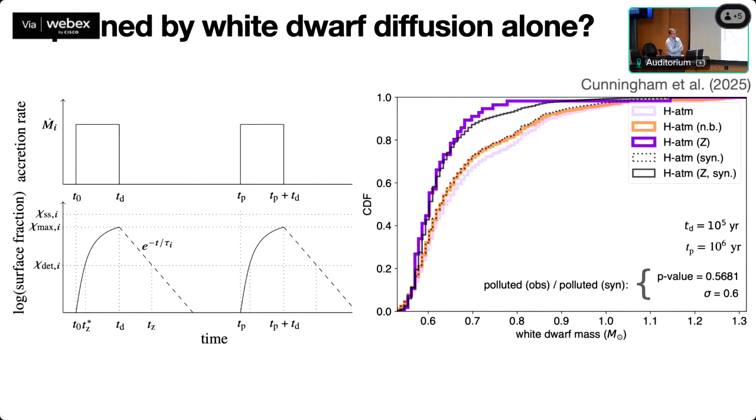I won't go into all of the details, but there are 2 explanations for this. One is that under some very simple episodic accretion model, more massive white dwarfs have faster sinking timescales. And so when you turn accretion off, you lose the ability to detect those metals much more rapidly. So in this population synthesis study, I showed that if all polluted white dwarfs actually have the same planetary properties in terms of planet formation and retention, then this result is fully explainable actually just by having some episodic